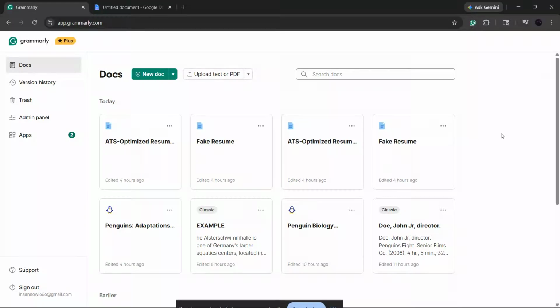If Grammarly is throwing an HTTP error 403, that means the server is actively refusing your request. In plain English, Grammarly thinks something about your browser, network, or account session looks wrong. In this video, I'll show you the most common fixes step by step so you can get Grammarly working again